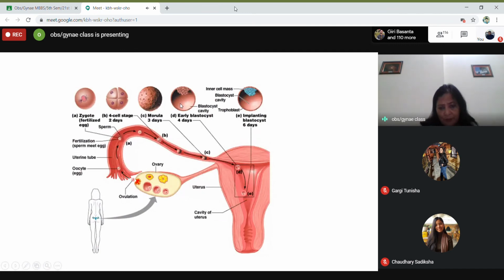So this is the blastocyst cavity, and this is the blastomeres, and this is the inner cell mass. This is called the trophoblast, from which the placenta